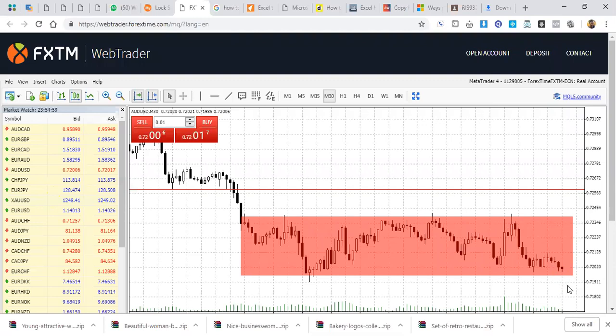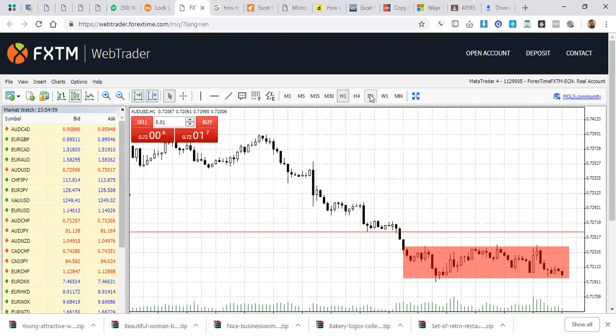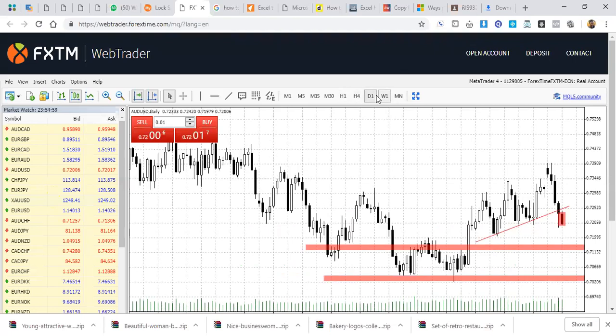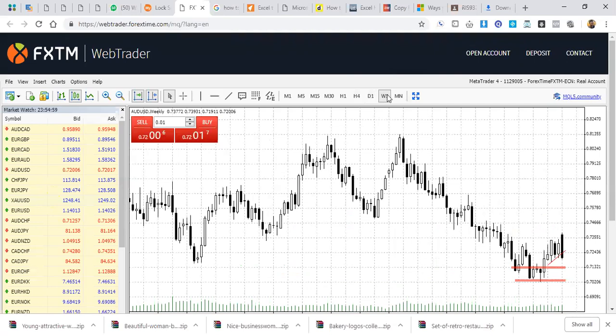So either if we break above and cross above this level, then we're going to push upward. But I don't expect us to push upward. So I'm not looking for buys on this pair for this week, because of the initial momentum that we saw on the 1 day. On the weekly chart, we saw that this,